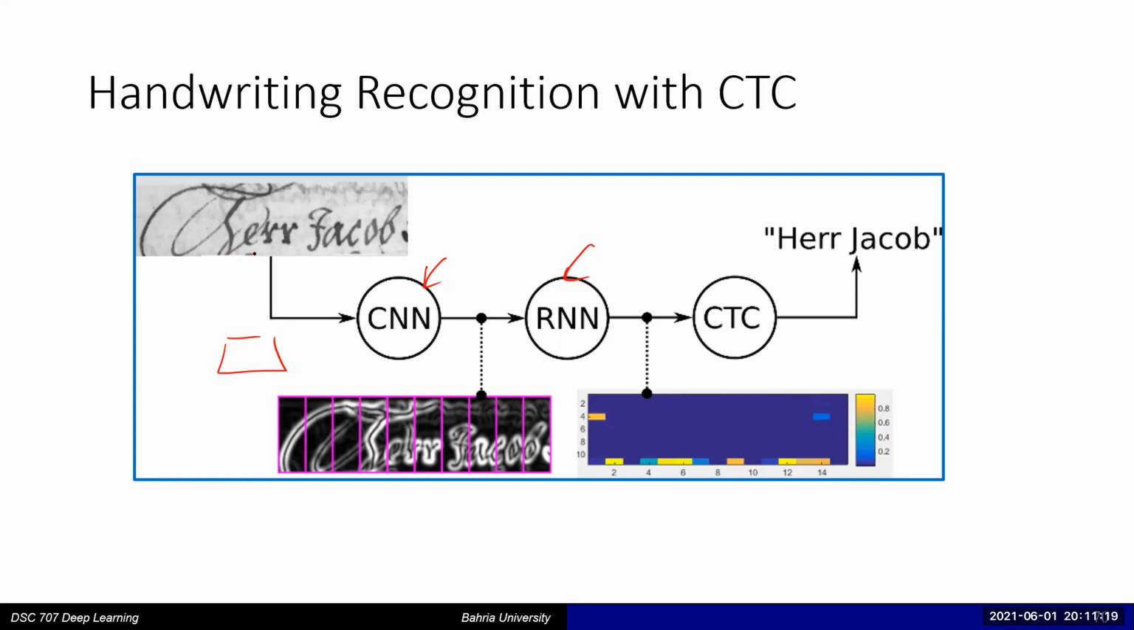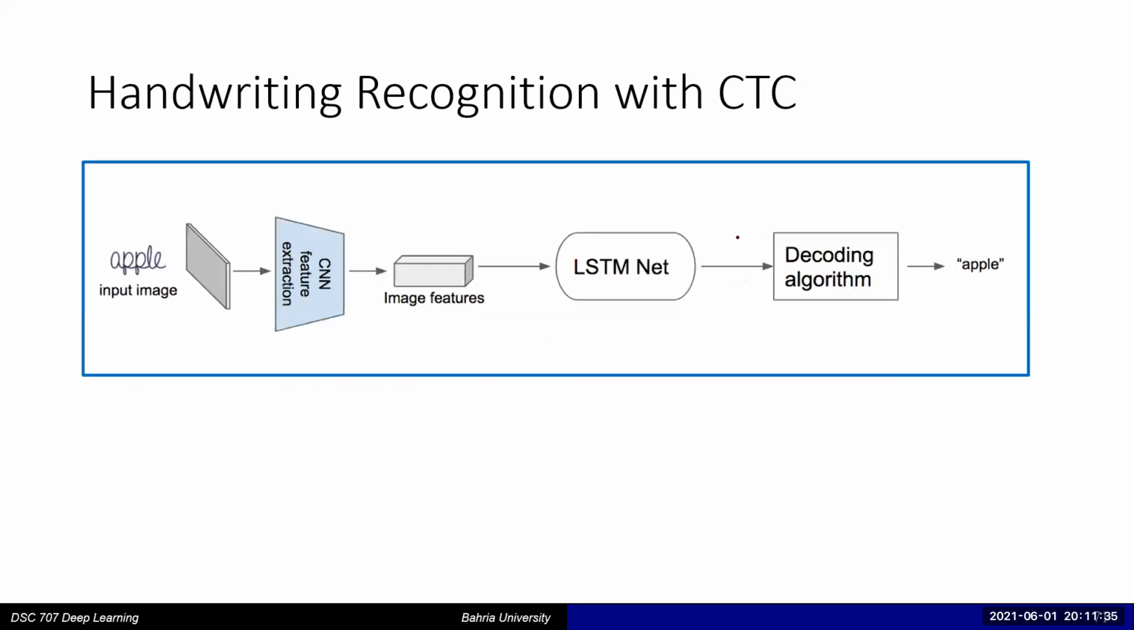But when you are doing handwriting recognition or speech recognition, maybe you can have a CNN, which is extracting features. You have an RNN, which is giving you a sequence as an output. And then at the end, you have this new component, which is called CTC, which is doing that alignment. Now, as I told you, this is the state of the art method for OCR or handwriting recognition today,